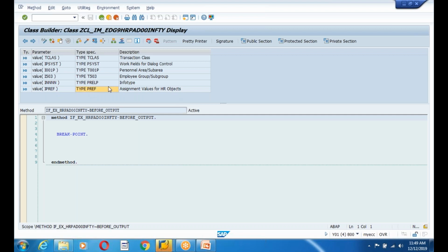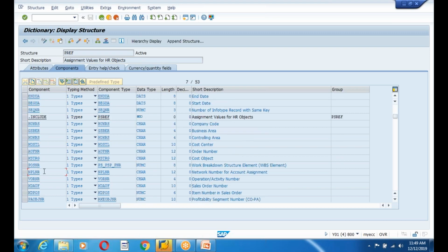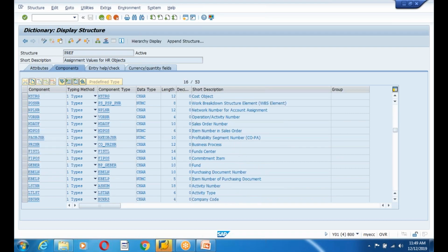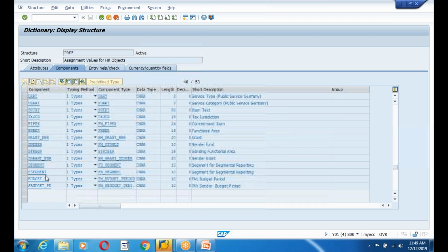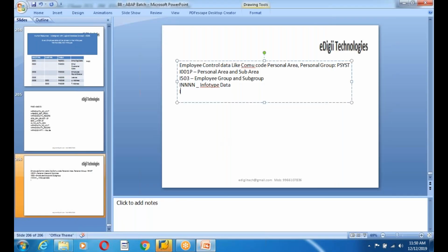Then HR objects. What is objects? So it's a personal number, subtype, and everything. The data objects will come into here. Okay, most of the data comes into here, guys. IPREF, IPREF, employee